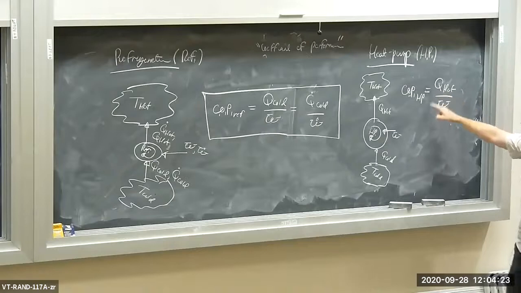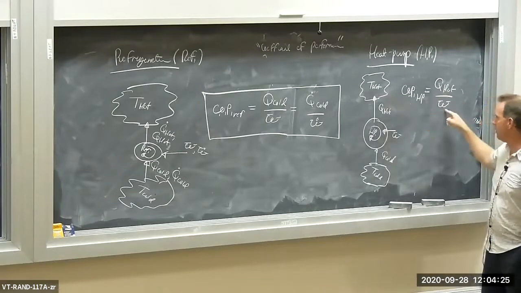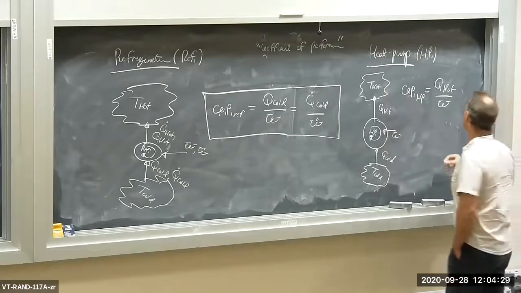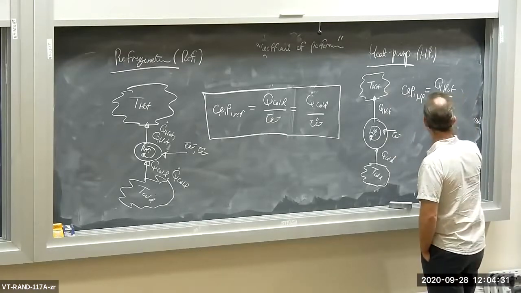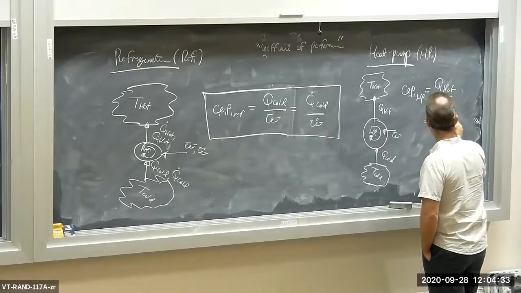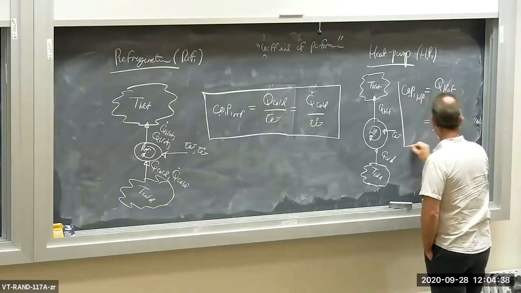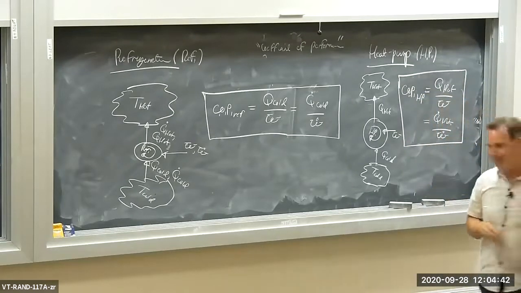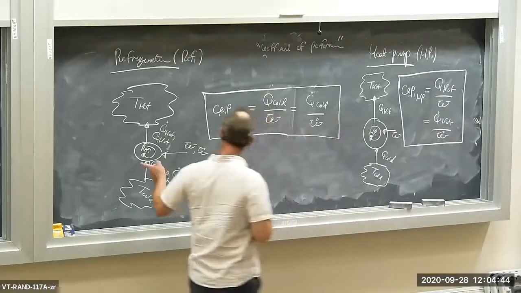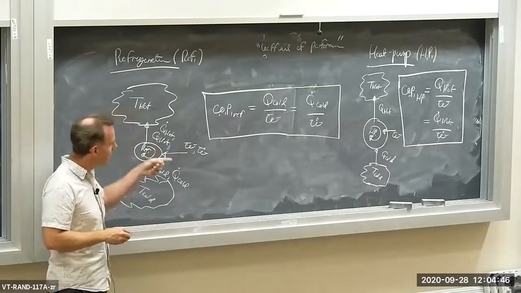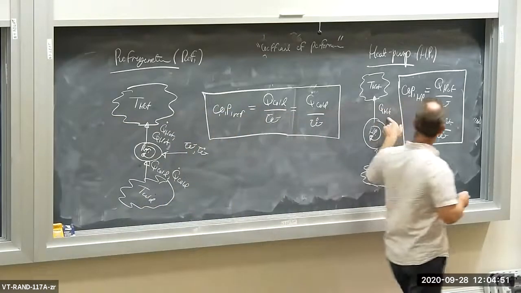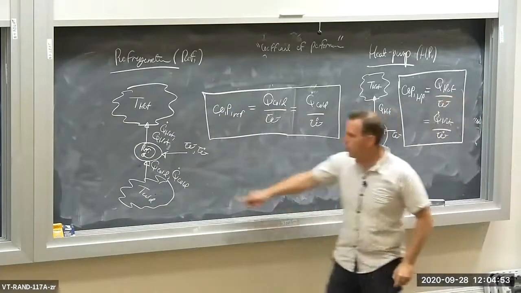Benefit is the transfer of heat to the hot place. Of course, you have to do work to get heat to flow from cold to hot. And of course, on a continuous basis, we have Q dot hot divided by W dot. Okay, so this is the definition of coefficient of performance for a heat pump. It operates exactly the same as the refrigerator. It's the same device, but the emphasis is on the heat transfer to the hot place versus heat transfer from